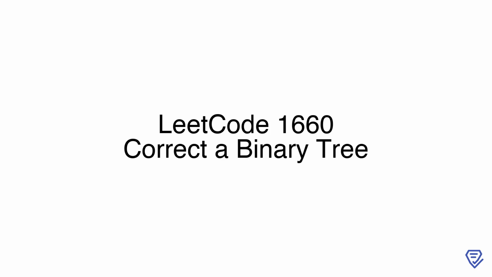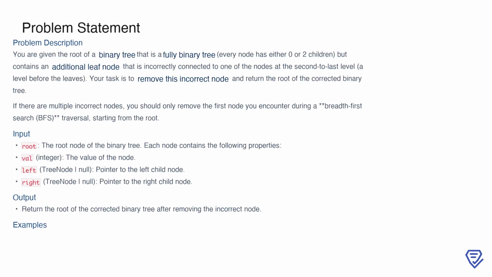Let's get started. In this problem, we are working with a binary tree that is fully binary, meaning each node has either 0 or 2 children. However, there's an additional leaf node that has been incorrectly connected to one of the nodes at the second to last level of the tree, which is the level just before the actual leaf nodes. Your task is to identify and remove this incorrect node so that the tree becomes a valid fully binary tree